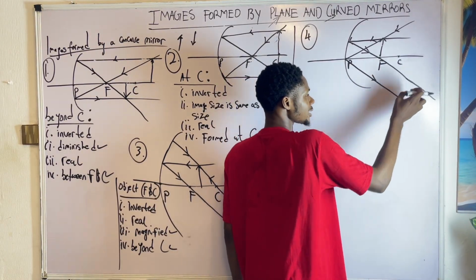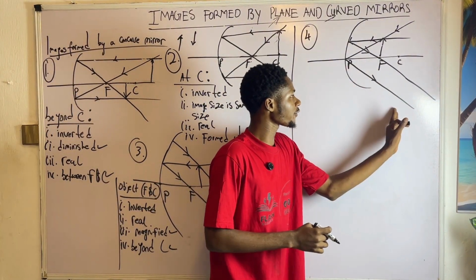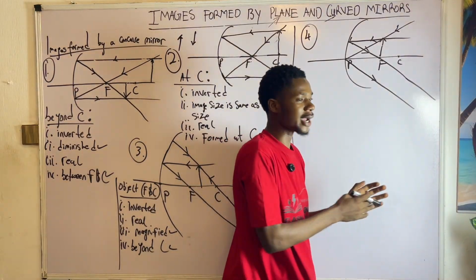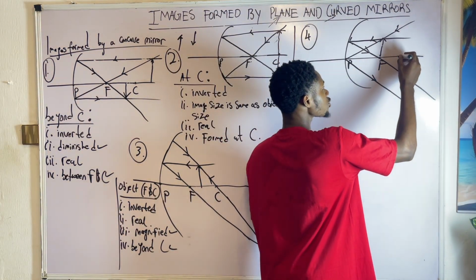It's not going to intersect this one. It is going to be parallel to it. That is, this ray of light will be parallel to this ray of light. That is what we'll notice. No matter how we try, it will not intersect. If I also try to make use of the third rule, that is if it passes through C,